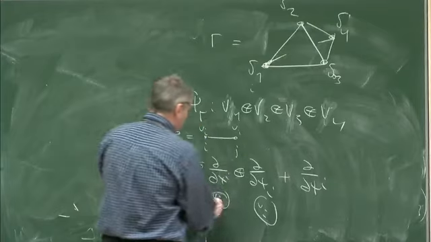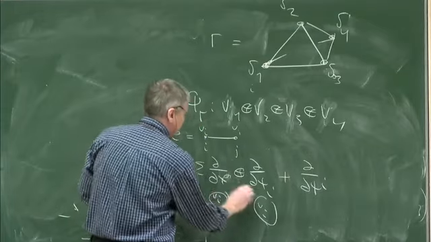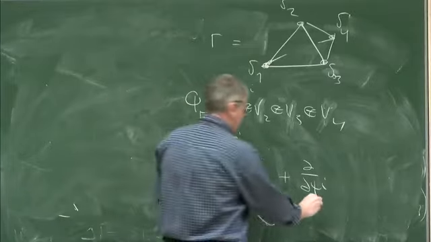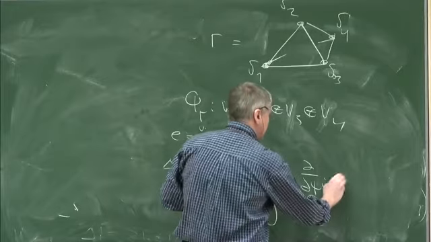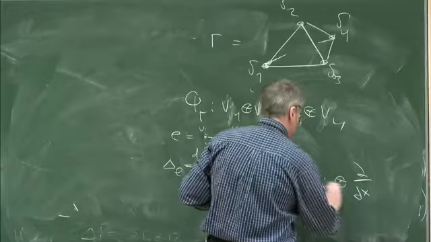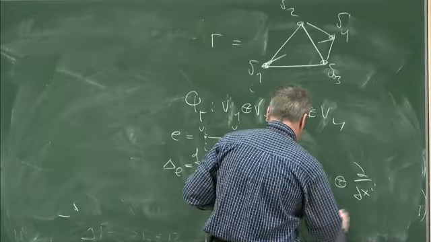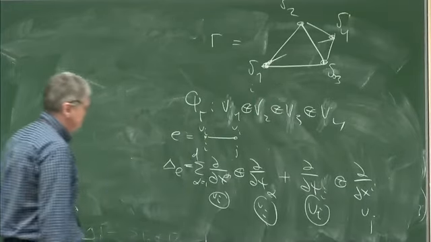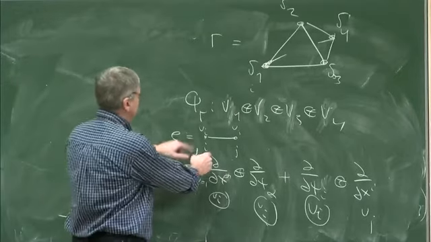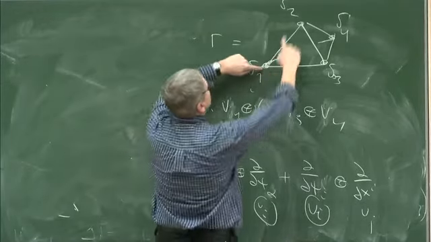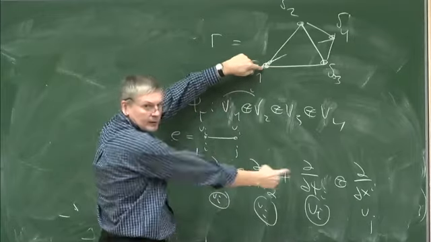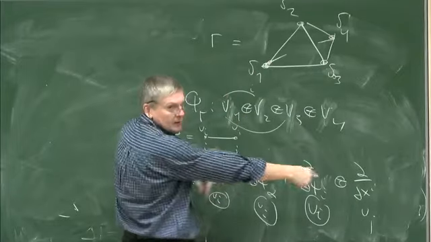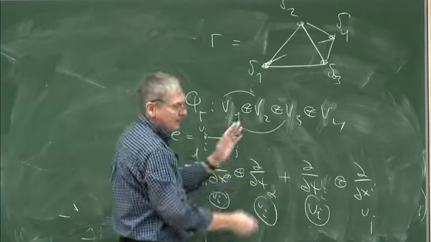Let me put alpha in the summation, I apologize. This applies again to V1, then the product xi to Vj. So E would act, say the edge 1, 2 will act on this pair in this way. The edge 1 and 3 will act on this pair in this way. And I take a sum.